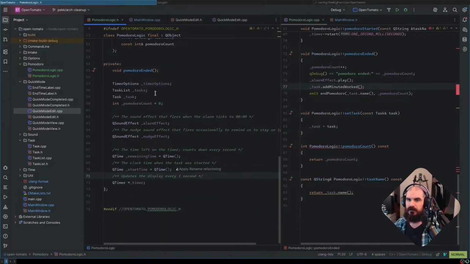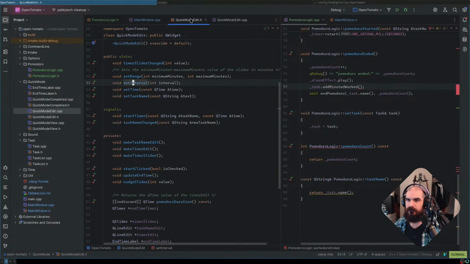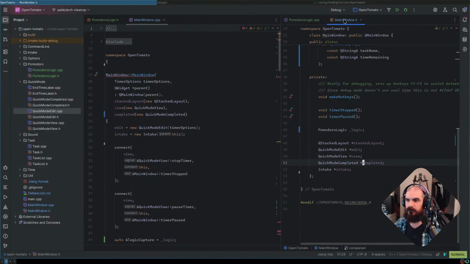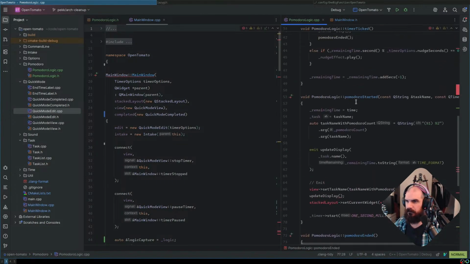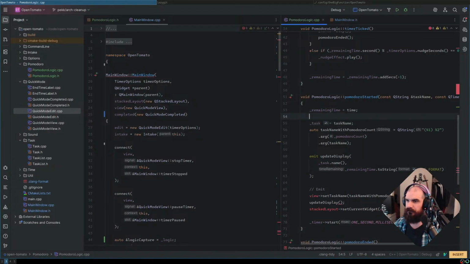So we have start time. And then what we're going to do here, Pomodoro started. Start time equals. That's right.